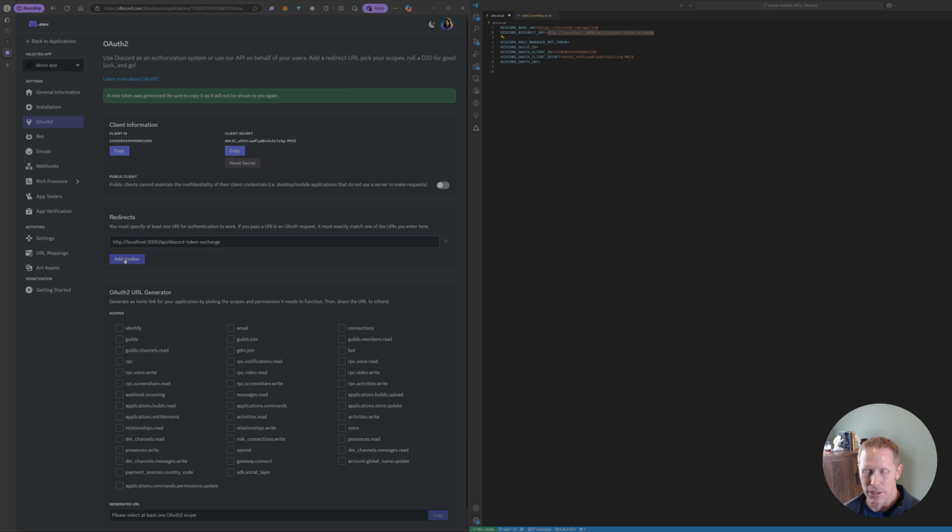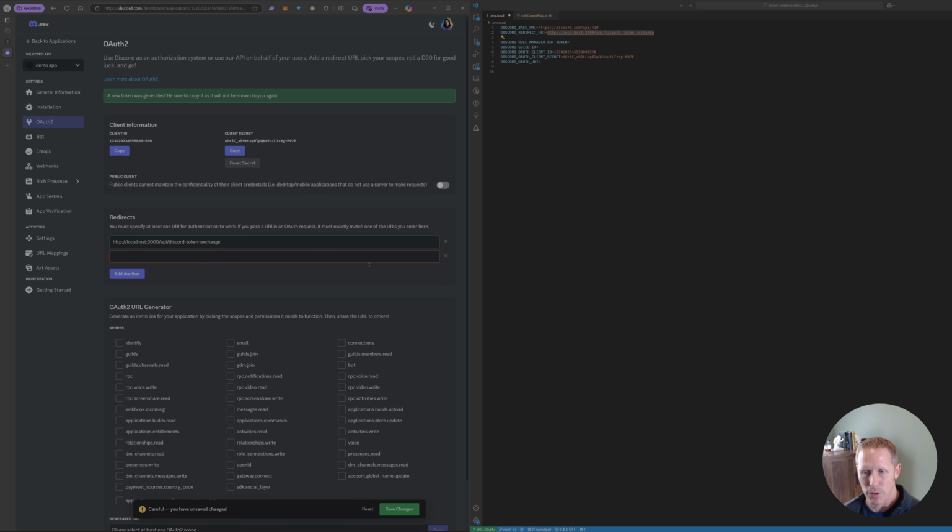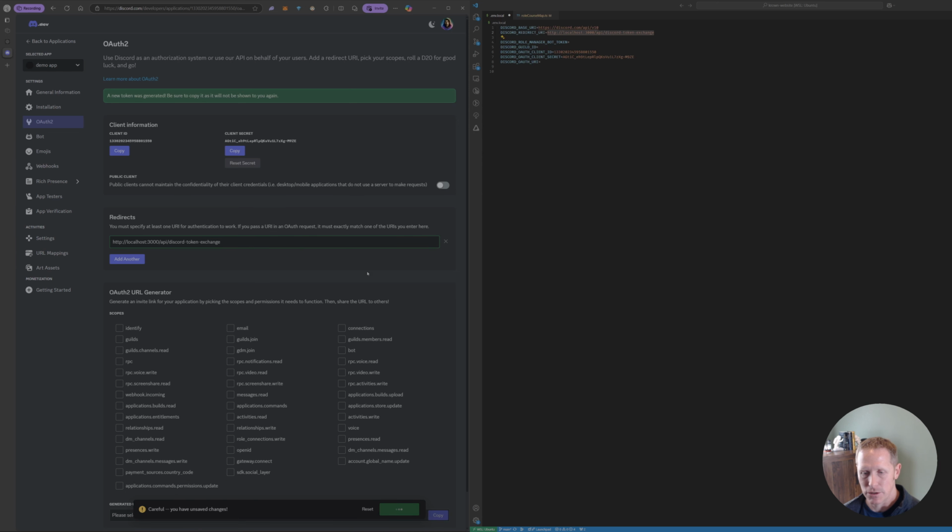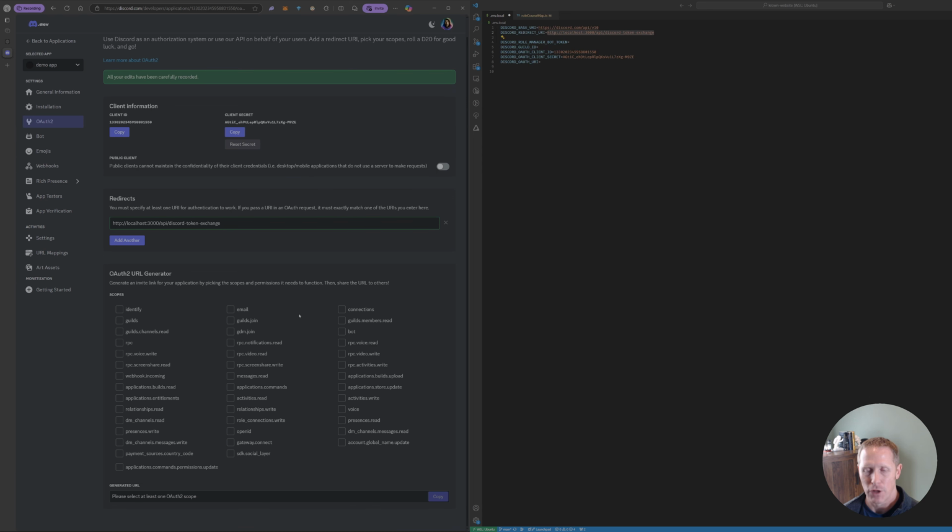After Discord either authenticates and approves or denies a user, they're going to send me back a request, and that's where I'm going to handle that request. I need to save those changes. And then for this particular OAuth flow, as I mentioned, you could just manage roles, which is going to be,